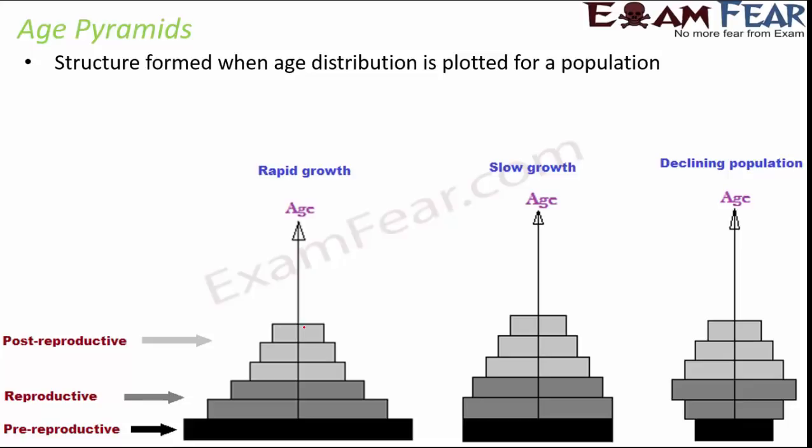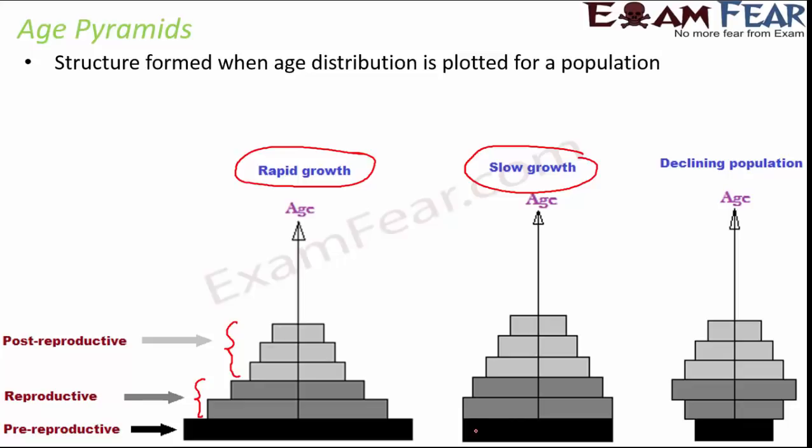Here you see three types of pyramids. A pyramid of this type shows rapid growth, where you have a very vast pre-reproductive phase. The black colored bar shows the pre-reproductive phase. This shows the reproductive phase, and this is the post-reproductive phase. Right? So what do we see? That as the age increases, the width or the length of each bar decreases. Correct? This type of graph shows rapid growth, whereas a graph like this shows slow growth,